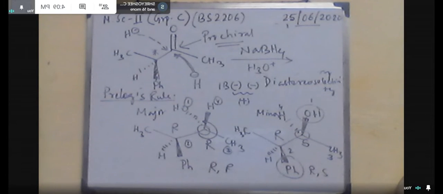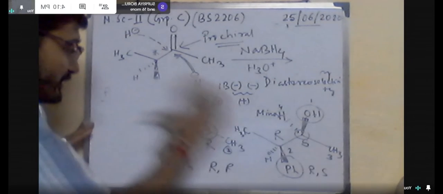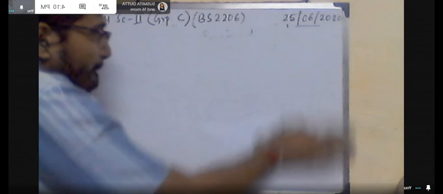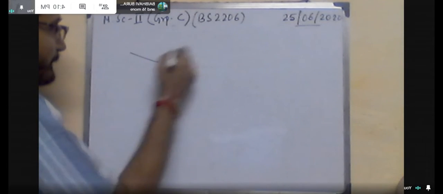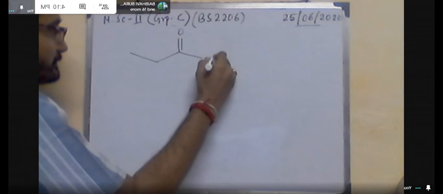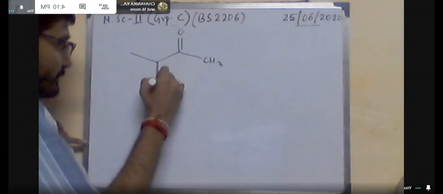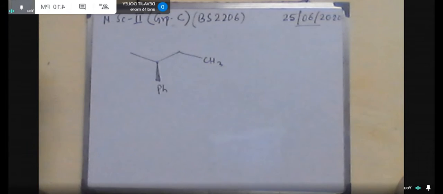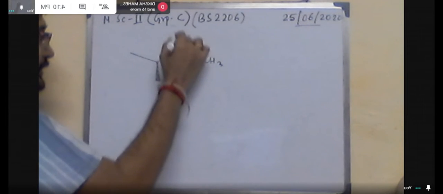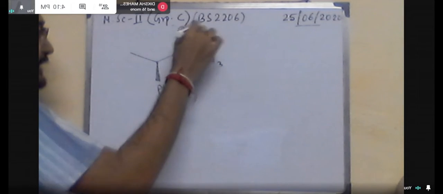Both are diastereomers. Now in the exam, whatever you have shown, when you changed the position from here, you have written like this one. So this is Ph, CH3, this is also OH, CH3. This is totally wrong interconversion. Why? Because you have changed the chirality of this center during this interconversion. This is the anti conformation, and here you have drawn it in the eclipsed conformation, but still you have changed the configuration of this center. Just check it.